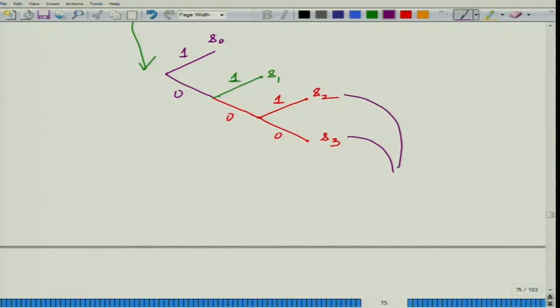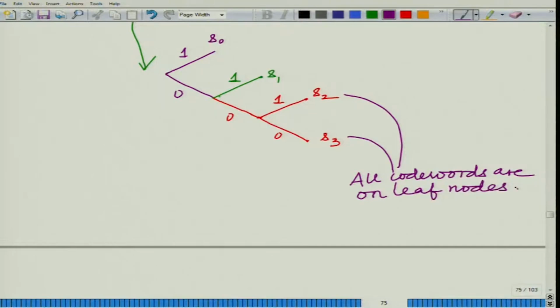These are the various leaf nodes. All code words are on leaf nodes, and basically no code word is on the path of